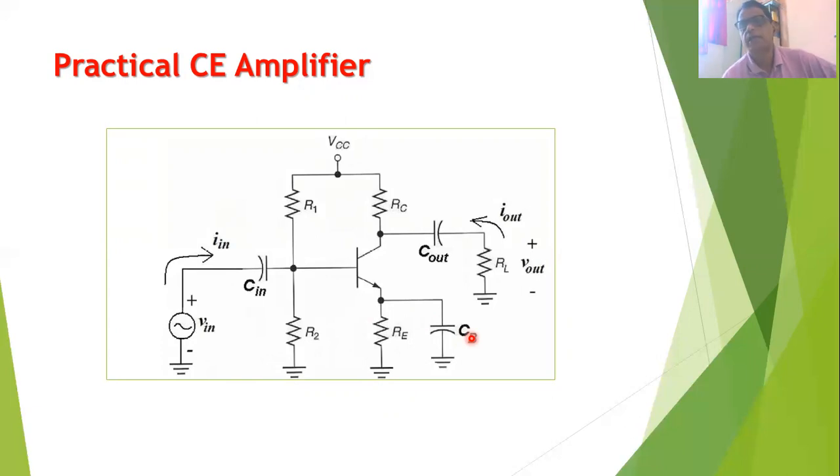So the working of the circuit is similar. When we apply some AC input here, initially the resistances R1, R2, RC, and RE are adjusted in such a way that the transistor will always be in the active region. When we apply some AC voltage, the input current will go on increasing. When the input current goes on increasing, the output current will also go on increasing. And the output voltage across the load resistance RL will increase in the negative direction.